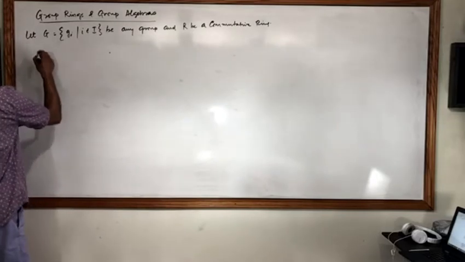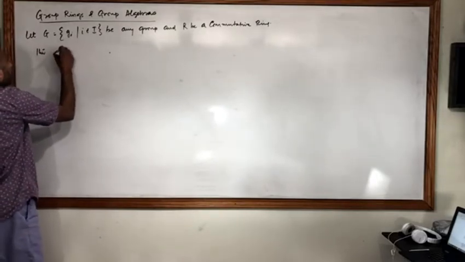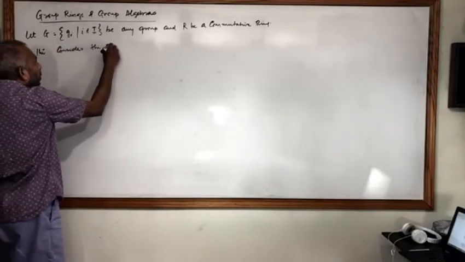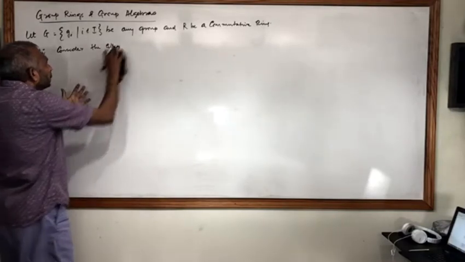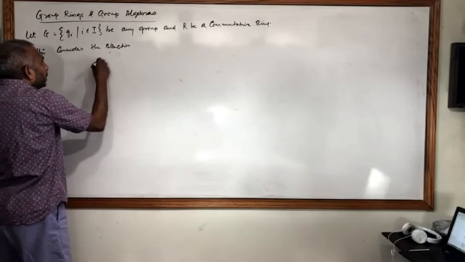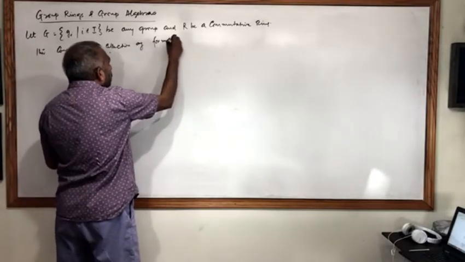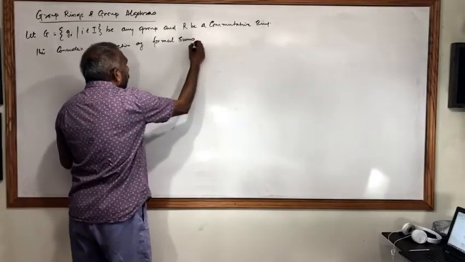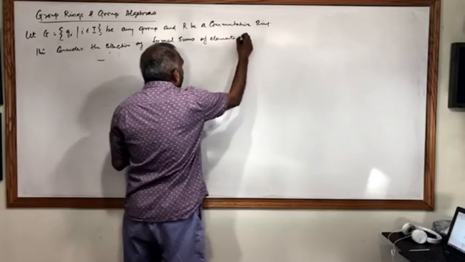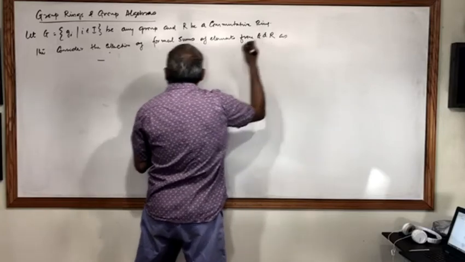Then consider the collection of formal sums of elements from G and R as